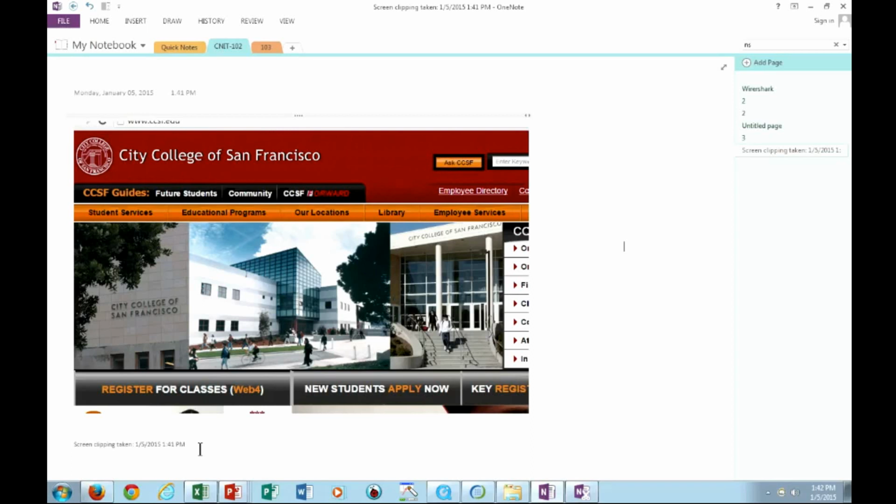But wait, this gets even better. If you have a Microsoft Surface, which I'm sure everybody should get, right? You want to get one of these. This is the most fantastic tool for students right now. And the reason is because Microsoft integrated OneNote with this so that when you set this up, you put it on your table, or you put it on your desk while you're taking notes.